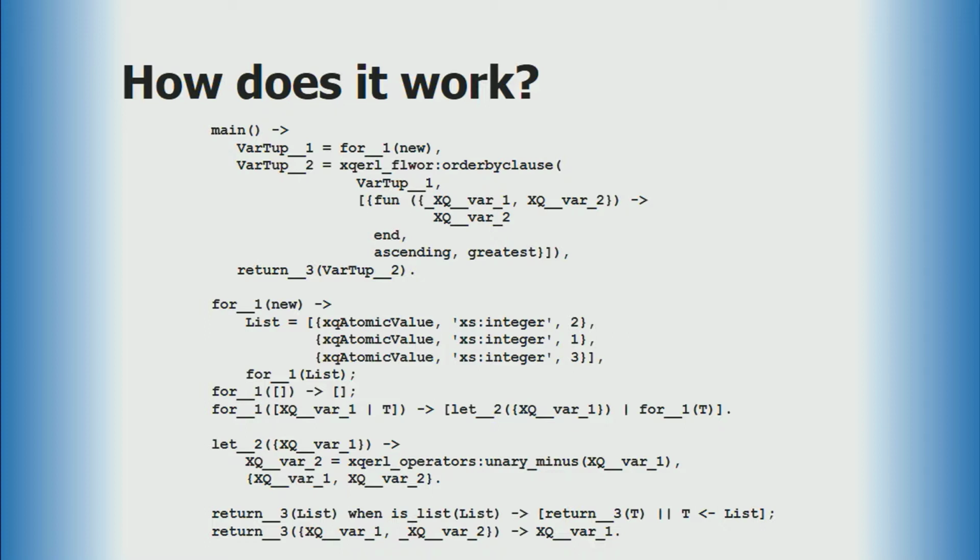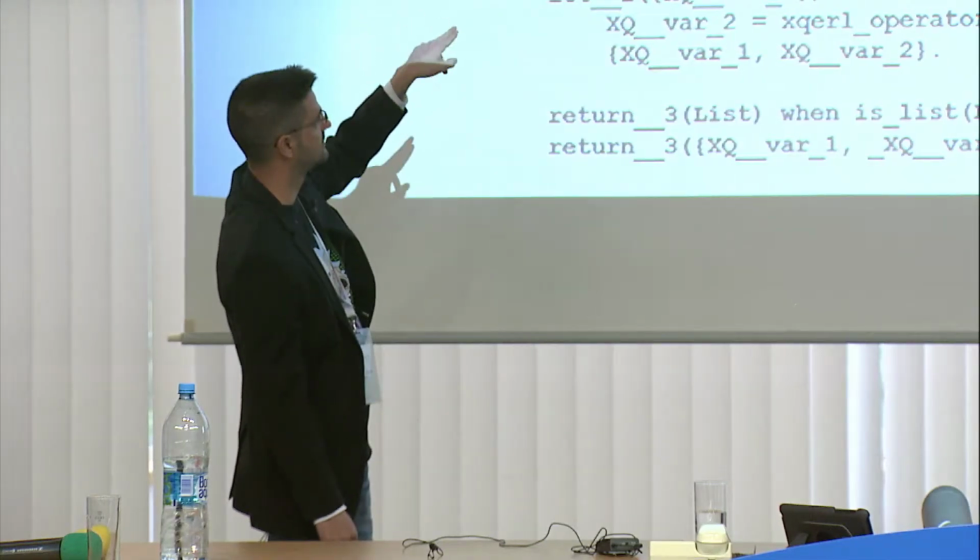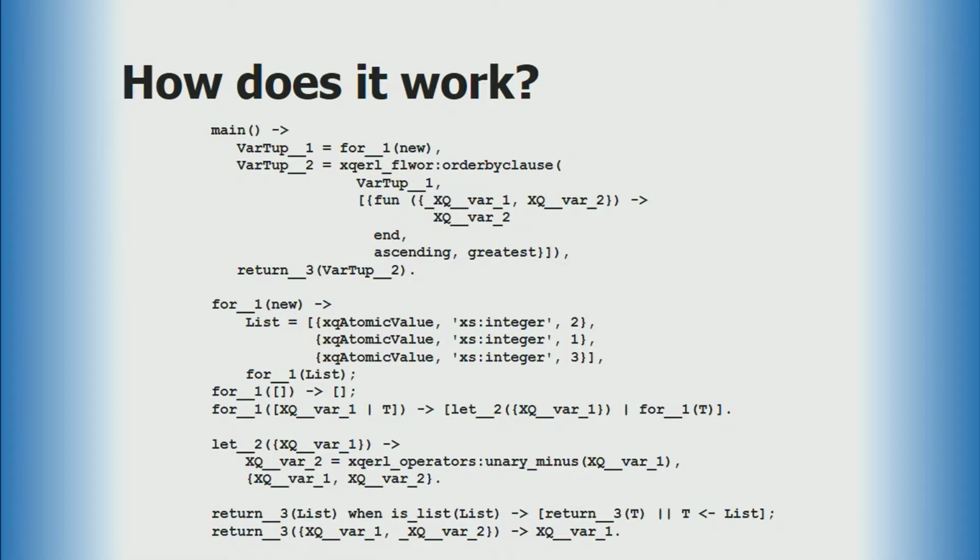You can see in the, I'll go through it. We have the variable tuple goes through into the new function. That'll be here. So I'm building my list, that 213 list, and then sending this list back in its own function with the list. I'm matching it out here. I've got a list. I'm taking out the head of the list with the tail, shooting that through the let statement, which was the next one for the head, and then running a recursive tail call for 4.1 with the rest of the list until I hit the empty list, which is the second one.